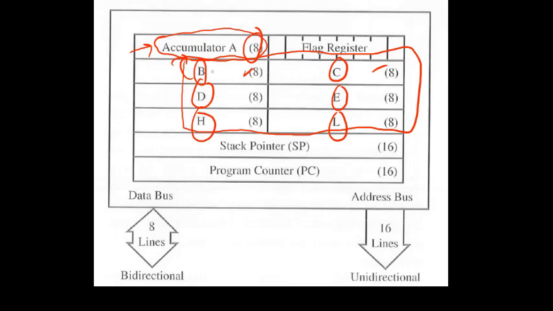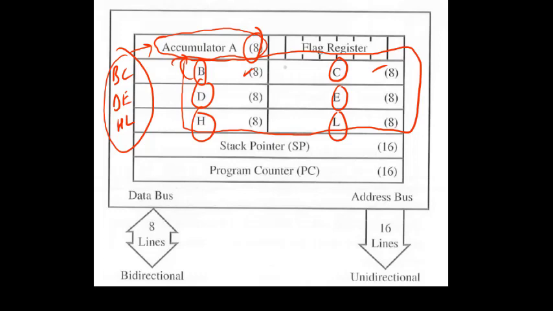Now in some special operations we have register pairs. There are 3 register pairs. Register BC forms a register pair making 16 bits. Then DE is another register pair and HL is another register pair. So we have 3 register pairs. We will see some special operations where these registers act as register pairs. These registers can be used to store the data.